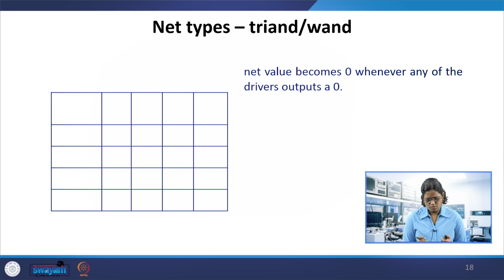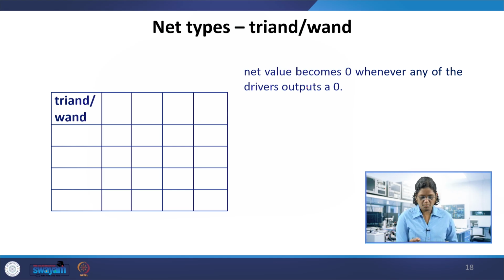Now one or two examples of the net types that we had learned. If you recall, in the structural combinational logic, we have seen the wire and the tri. We used tri in the 2 to 1 mux, and wires are used in other structural models. Now suppose the net type is tri-and and wire-and, or tri-or and wire-or. What logic do they follow?